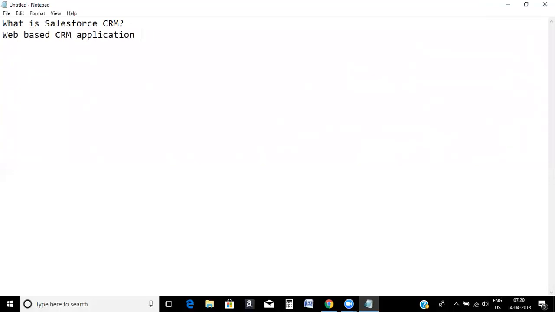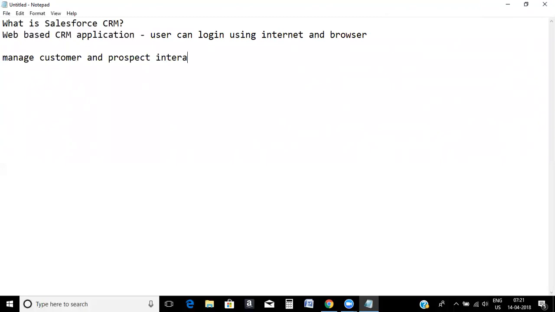So what is the use? How will you use this application? User can log in using an internet connection and browser. So what is the use of this application? This application is used to manage customer and prospect interactions, right? So every interaction that an organization has with their customers and prospects can be managed within your Salesforce